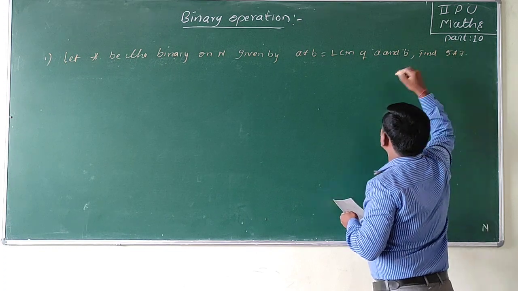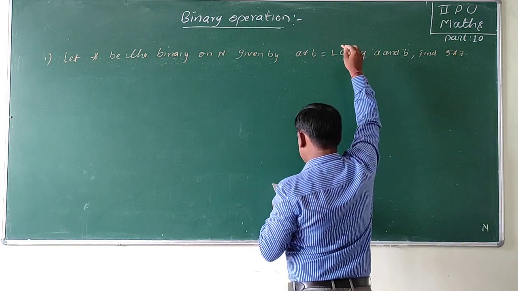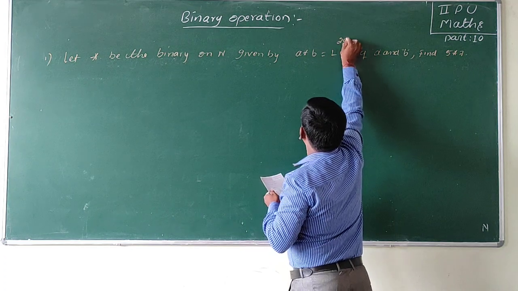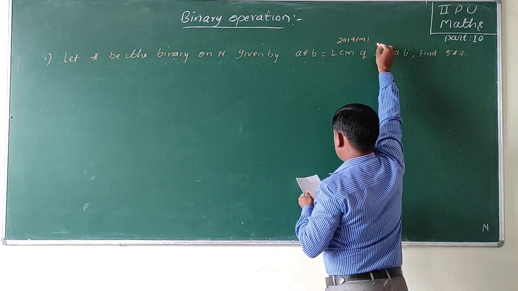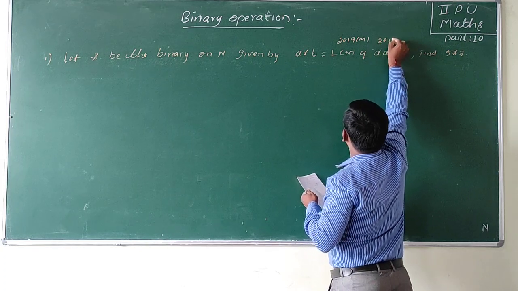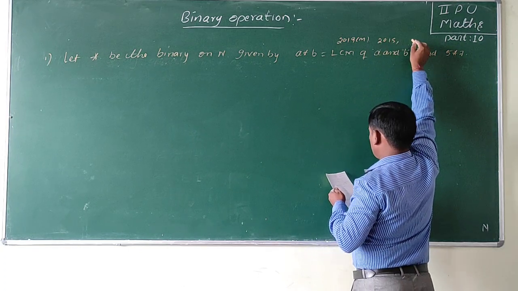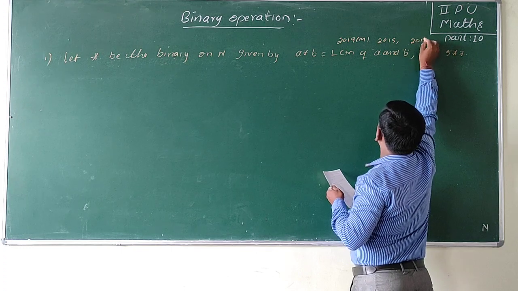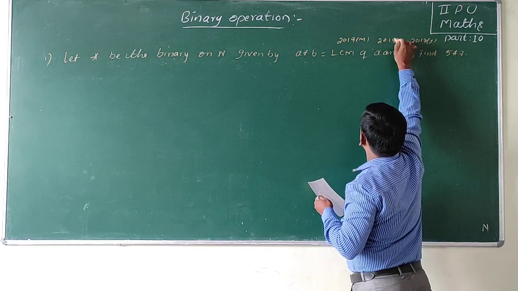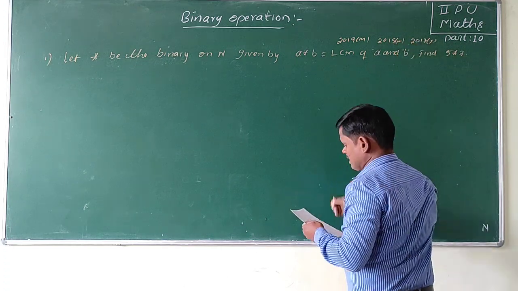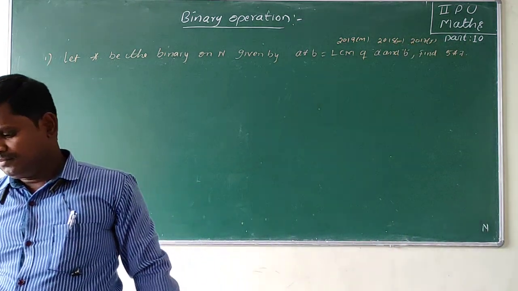This question is repeatedly asked: 2019 March, 2015, and 2017. This is July and this is also in March. Okay, so see here,